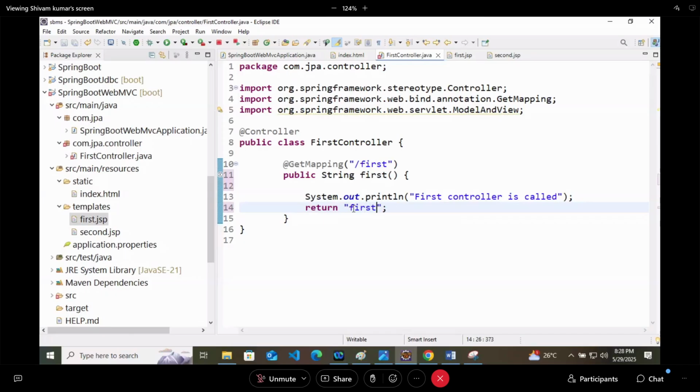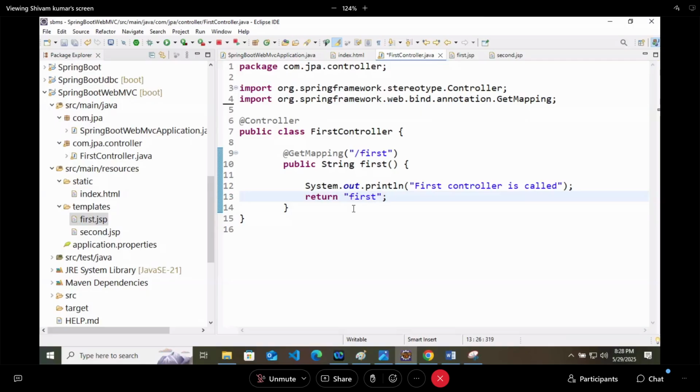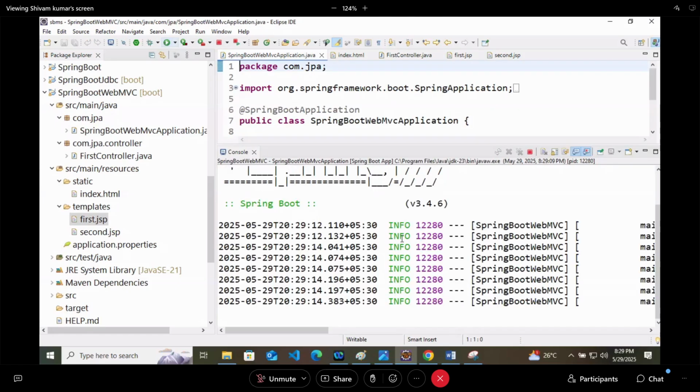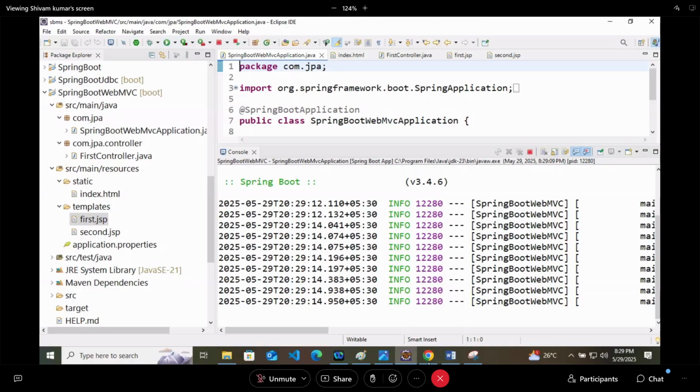Restart the application. We'll open localhost 8080 again. Again, we will click on first controller, and again it says this application has no explicit mapping for /error, meaning it is not able to reach first.